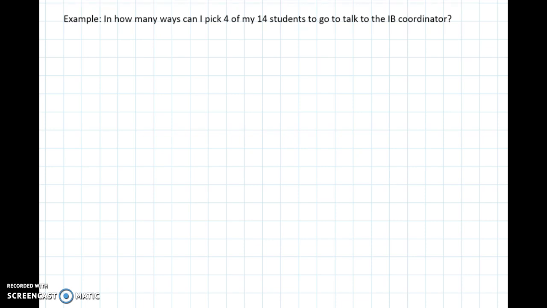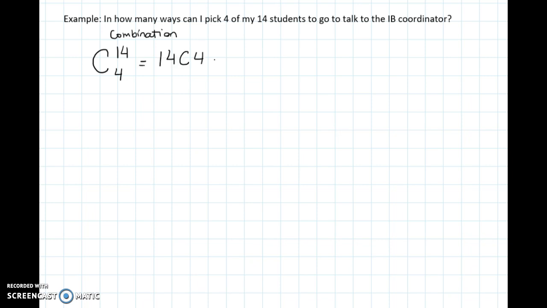So let me call this the number of ways I can pick 4 out of my 14 students. This letter C stands for combinations. So combinations are just how many ways? Well, let me say it again: in how many ways can I pick 4 objects out of a collection of 14 of them? So I wrote C14-4. You will see this also written, like in a calculator,